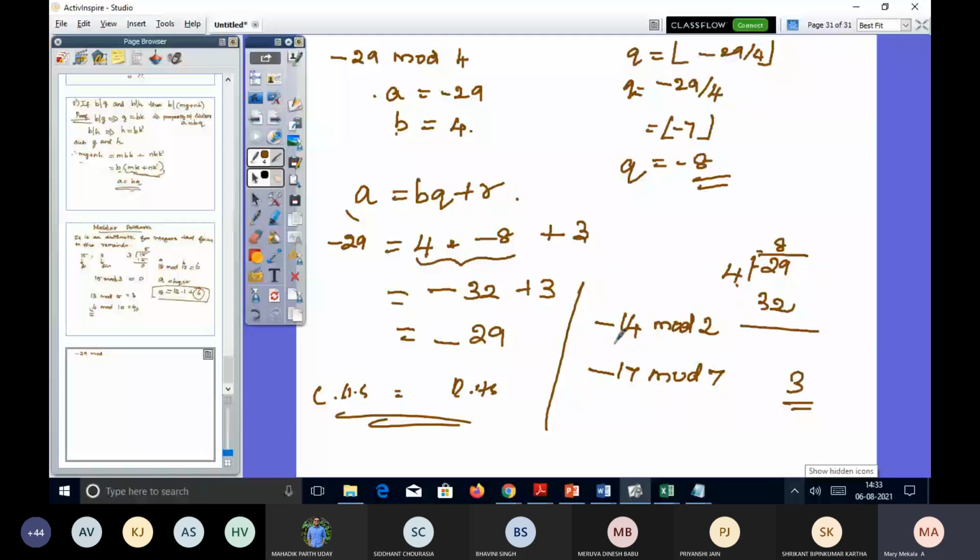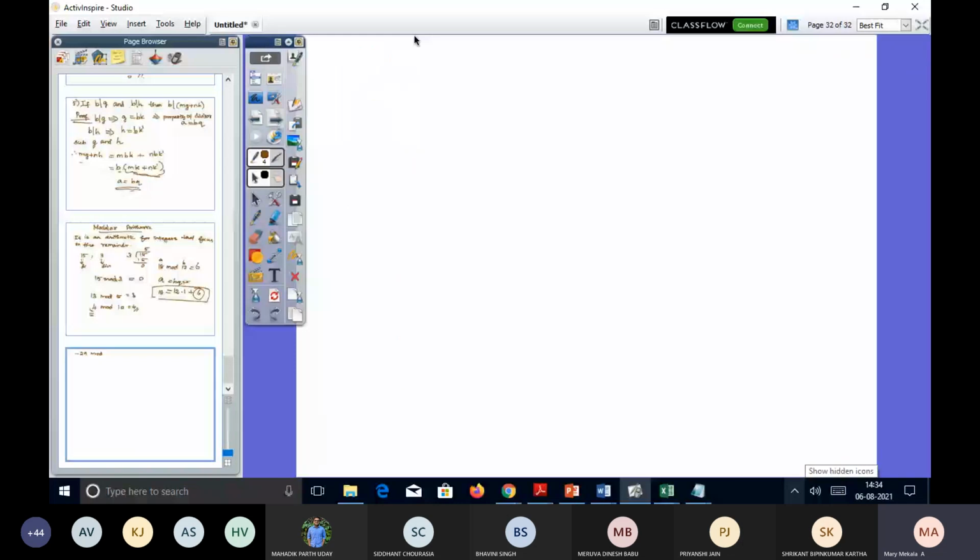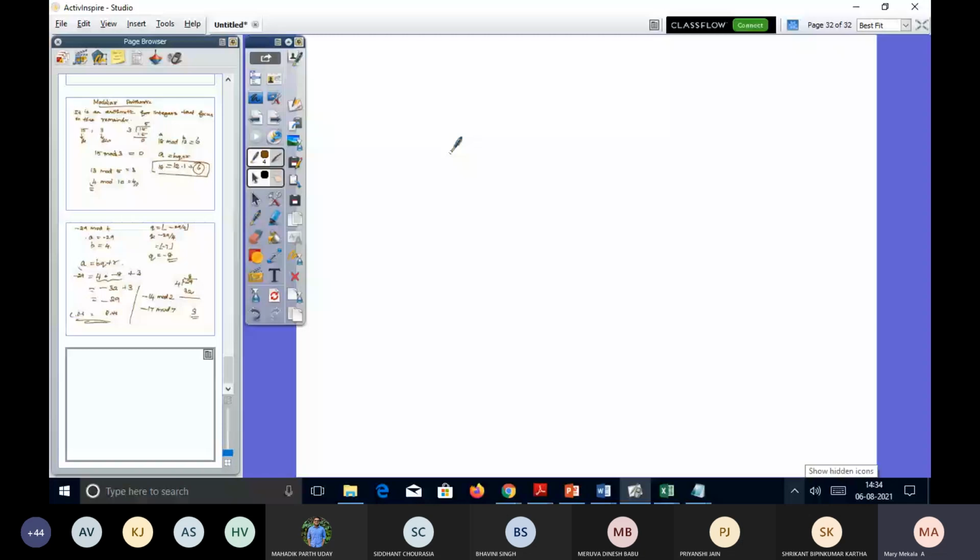And the next one is congruence modular. Okay, this congruence modular I'll start in the next class because there should be some continuation. So I'll stop at modular. In congruence modular, we will see the properties of congruence modular, and then we will move on to the exponential, arithmetic exponential. So with this, I'll stop.